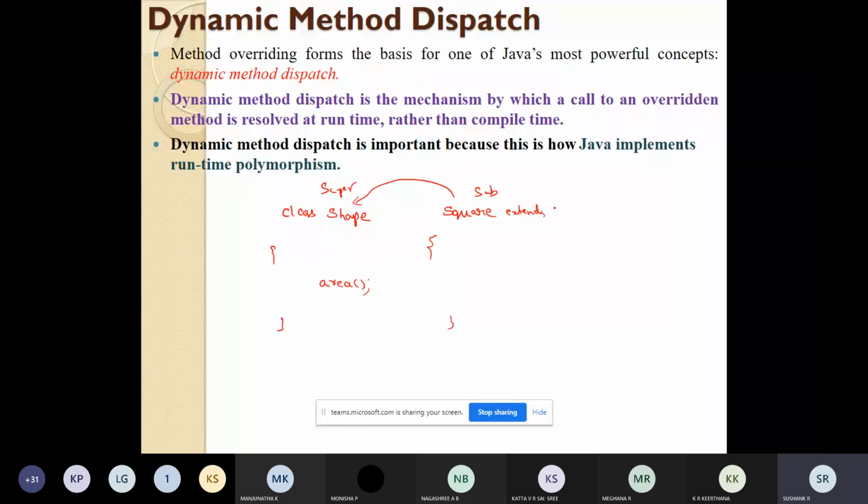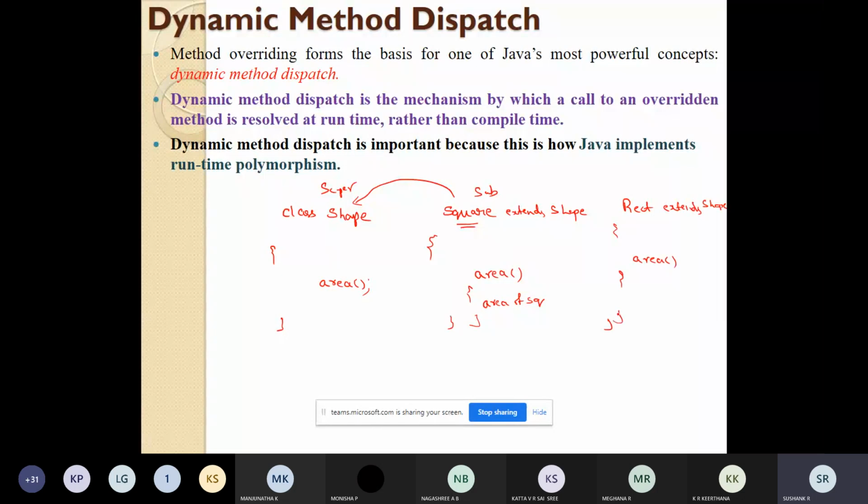After this, for the square class, I can have a function area to calculate the area of a square. Similarly, I can create a rectangle class which will extend the base class shape, and it will have a function called area.